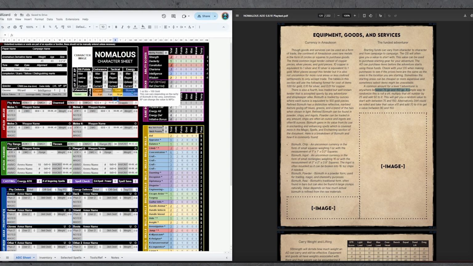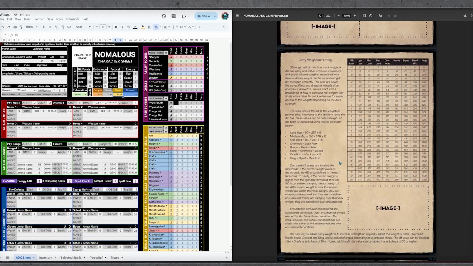Bismuth, again, is used for enchanting, and it is also used for casting other spells. Some spells do require bismuth, such as resurrection type spells, and adding permanency to some spells. Bismuth is used for that. We're not going to get into it, but having some is definitely not a bad idea. It's a good bartering chip as well, at least in the universe of Nomalous. The bismuth we have, we're going to hold on to. That gives us 50 gold pieces to do some purchasing here. We're going to take